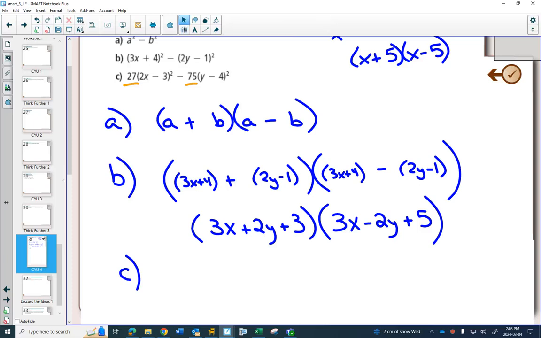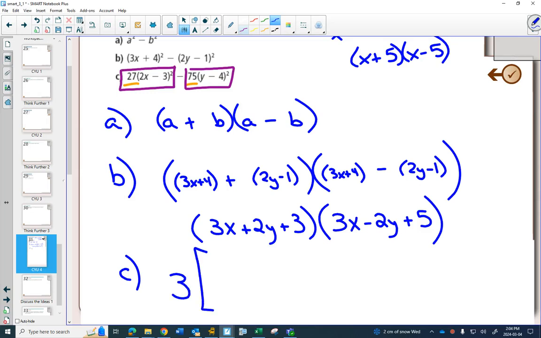But what I do notice is that I have two terms. I'm going to put a square around both of those terms in purple. I have the one purple term minus the other purple term. And in both of those purple terms, if I look at the numbers, they have a common factor between 75 and 27. What number divides both 27 and 75 other than 1? 3. Excellent. So I could pull out a 3, and then I can put a big square bracket and say,